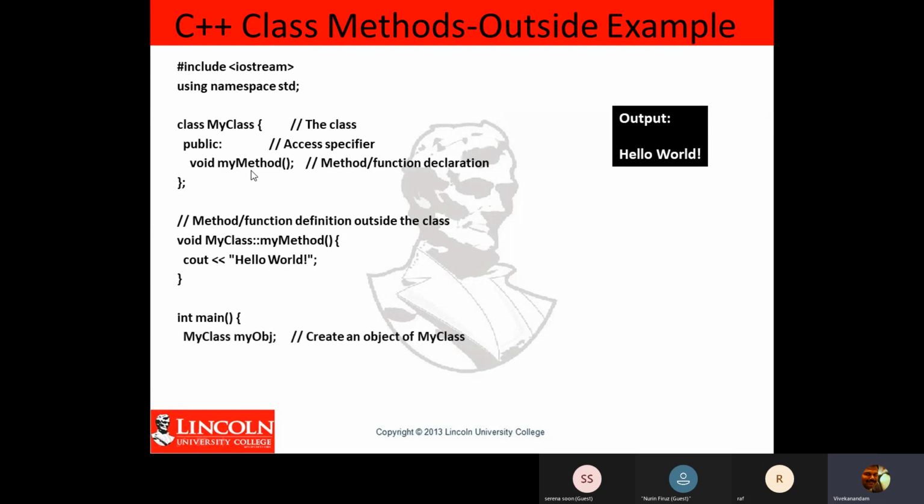So here we declare the function, the method, but outside the class. Previously, the cout we printed was after void main. Now we are using it outside the class. So the method function is defined outside the class, before void main. How to declare it outside? Inside there's no need to mention anything. If you want to print from outside, you have to mention the function name, void,